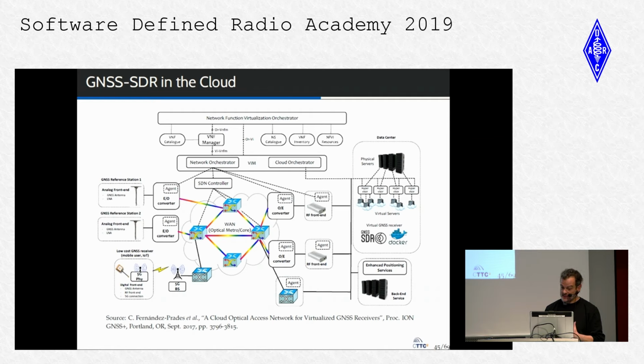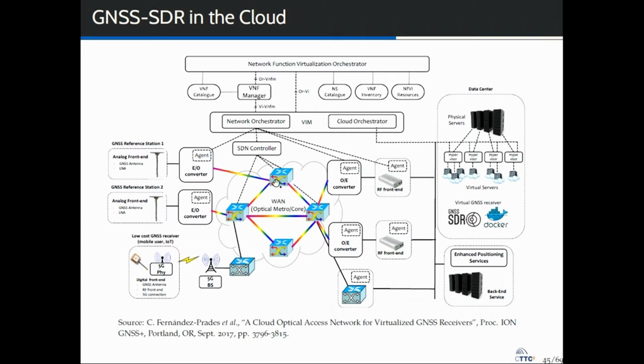Since you need a quite large bandwidth for GNSS systems, the narrowest one is GPS L1, which is 2 megahertz, which is quite a lot. So you need a quite powerful communication network in order to bring the signal from the antenna to a data center in which your software receiver is running. So we used an optical network, in which we place an antenna. Then there was an amplifier, and then we converted radio frequency into light.